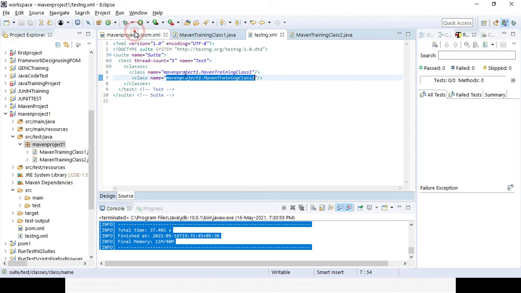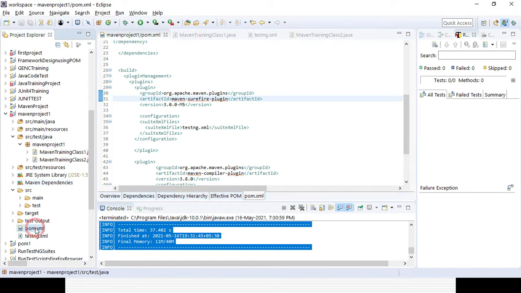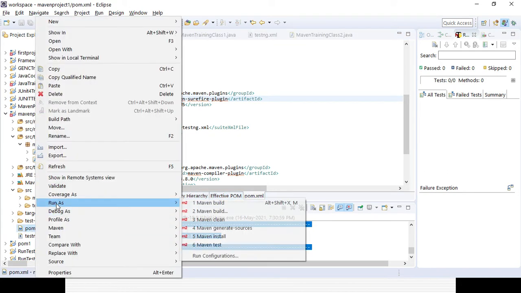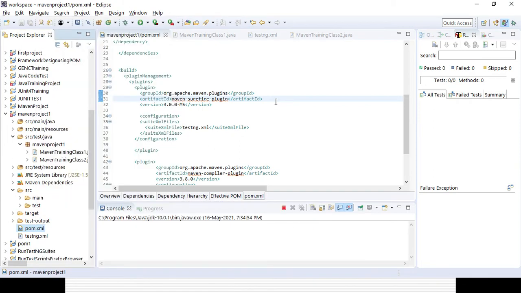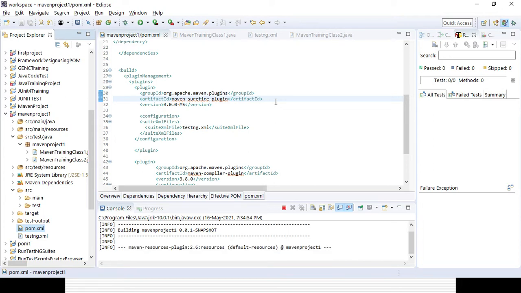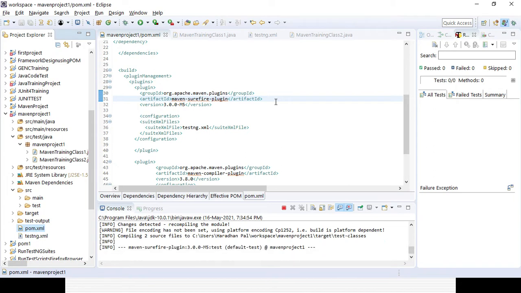Now if you want to run it from the POM XML file, select the POM XML file, right click, run as Maven test. So both the classes will be run. It will first launch the Facebook page and then go for the Google page, because it goes in alphabetical order based on the methods, right? So I can run both my classes simultaneously with the help of the pom.xml file, because you can see here it is finding 2 source files, right? So you can also get to know how many classes will be running.